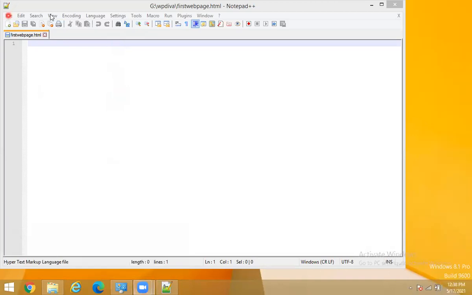I have set the path, that is G, WP division A, first web page.html. So my files are created under this. This is how the Notepad++ is visible once you complete the installation process.